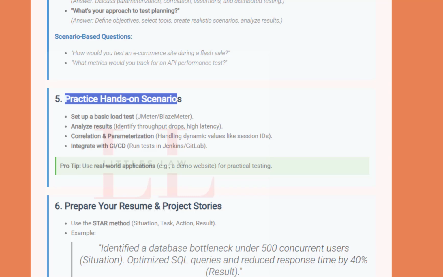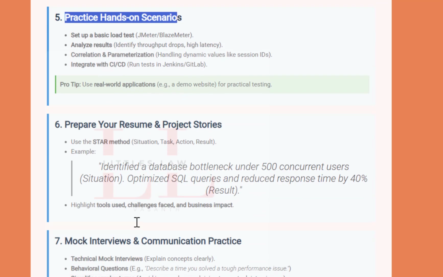And then the next part where you are preparing your resume and project stories. So when you update your resume, use the STAR method. So when I say STAR method, it is in the format of situation, task, action, and result, because this structure will help you tell a very clear and compelling project story. And let me give you an example